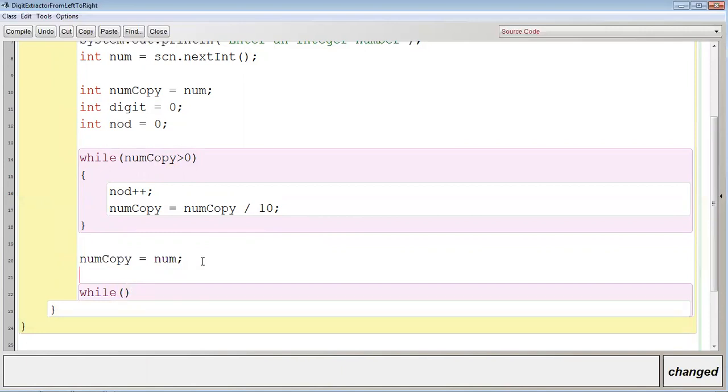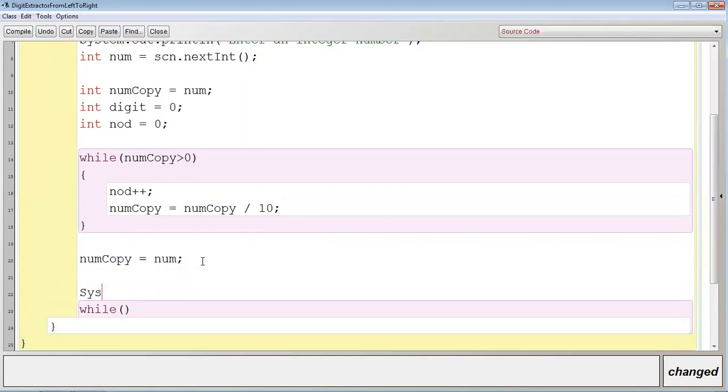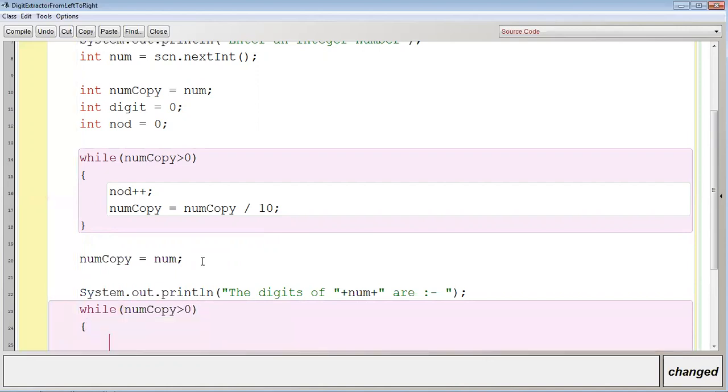So just before this while loop, let me display the message. System.out.println, the digits of num. The digits of concatenation sign num. The digits of num are. Then in the while loop, num copy greater than 0. Okay, then